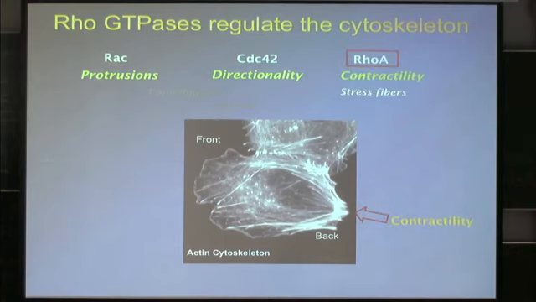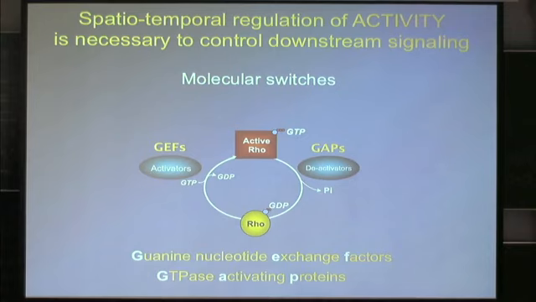So lastly, we have RhoA, which generates contractility, and it was thought that RhoA was mostly active in the front, but we will see something else in a bit. Because we thought in the back the contractility is the highest, that's why Rho must be mostly active in the back. So those proteins act basically like molecular switches because they can exist in two different states, active and inactive,